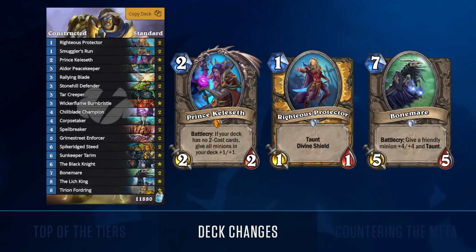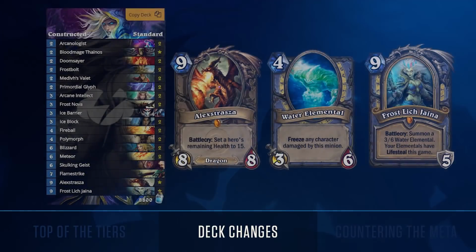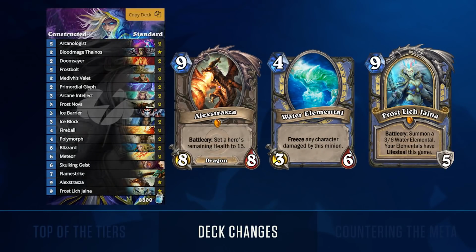Handbuff Paladin can do well against most matchups, with early game minions to contest aggro, and late game threats like Tyrion Fordring, the Lich King, and Bone Mare to close out the game. However, Handbuff Paladin's success on the tier list will depend on how it performs against Jade Druid and its aggressive counters. Control Mage returns to the Meta Snapshot at the top of Tier 2 with more options than ever before,